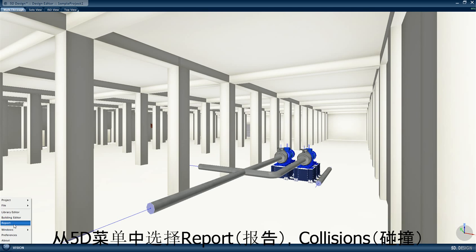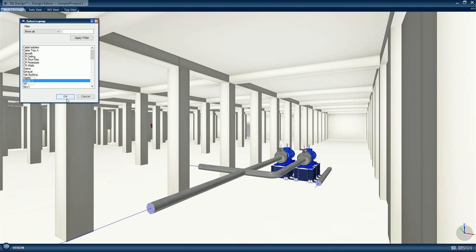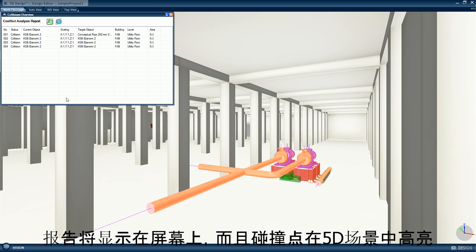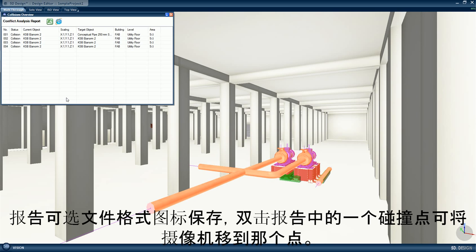The Collisions report gives an overview of objects placed in restricted areas, such as maintenance spaces. From the 5D menu, choose Reports, Collisions. Select the group under Review. The report is shown on screen and the collisions are highlighted in the 5D scene. The report can be saved with the format icons, and double-clicking a conflict in the report will move the camera